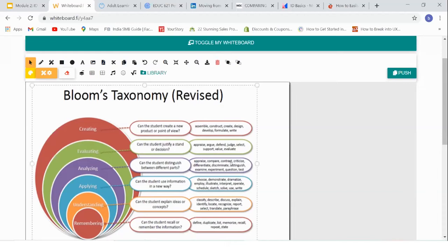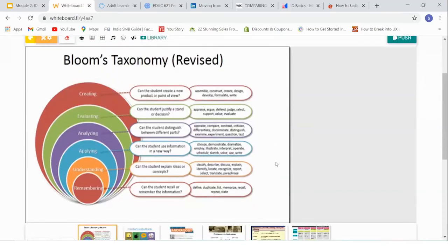So it's like science. There are too many theories, and they keep on evolving. Right now I have Bloom's taxonomy, which has been revised, and these are the different levels of knowledge. The very basic one is remembering. Then we go to understanding. The third level is applying, the fourth is analyzing, the fifth is evaluating, and the sixth is creating. So creation is the highest level of any knowledge.